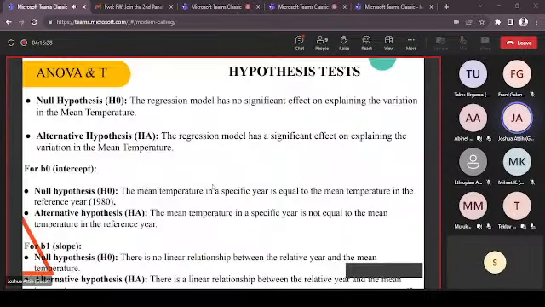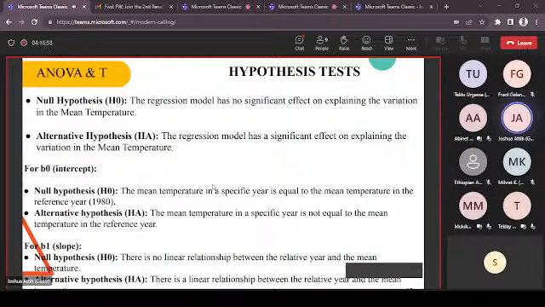So, to ascertain that the linear regression trend model works very well, we proposed some hypotheses, a null hypothesis and an alternate hypothesis, for the ANOVA test and then the T test, which depended on the intercept and then the slope. The null hypothesis was that there was no significant effect in explaining the variation in the mean temperature, and the alternate hypothesis for the ANOVA test was that there's a significant effect on explaining the variation in mean temperature